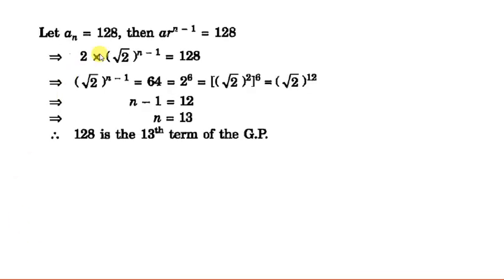So we can write the formula for an. An is a r to the power n minus 1, and that is given 128. Put the value of a and r as 2 and root 2. Then divided by 2, it becomes 64. ये root 2 है और ये 64 को हम लिख सकते हैं 2 की पावर 6, और 2 को हम क्या लिख सकते हैं root 2 का होल स्क्वायर. सो it becomes root 2 to the power 12. अब दोनों साइड का बेस सेम है तो हम पावर्स को इक्वेट कर सकते हैं. So n minus 1 is 12. So we get n equal to 13. That's all for today. Thank you.